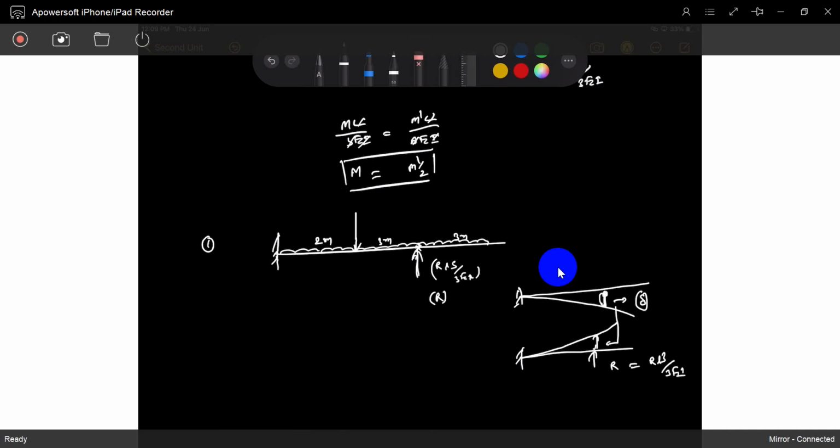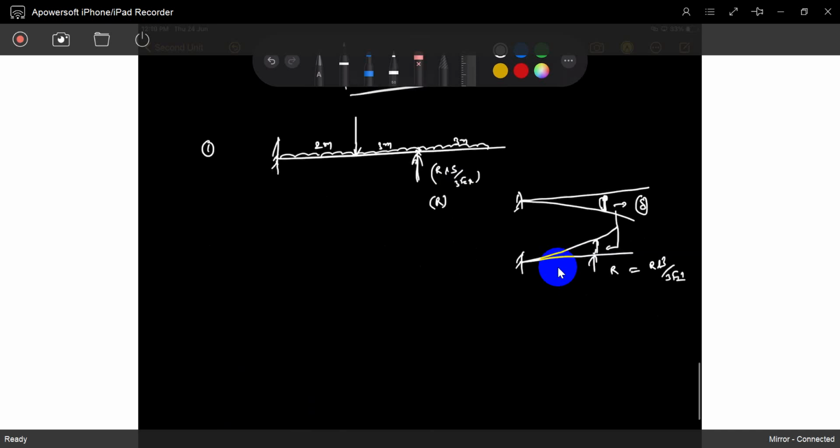I will solve one or two examples. So this is the total of propped cantilevers. Our syllabus is propped cantilevers. Propping means we will get 4 external reactions, but we have only 3 equations. So we need one extra equation. How can we find that extra equation? Based on the deflection or the slope. How can you find the deflection or slope? Based on the area moment method, double integration method, Macaulay method, or anything. You choose it.